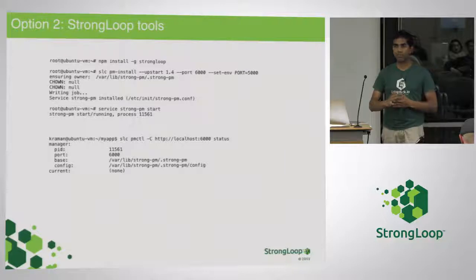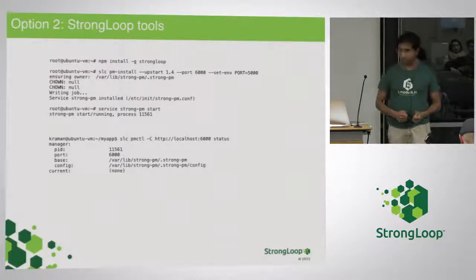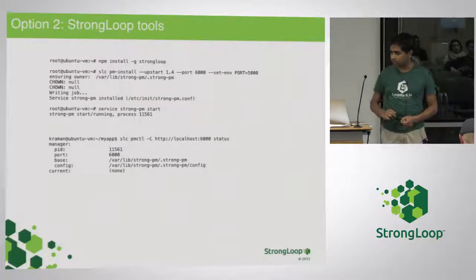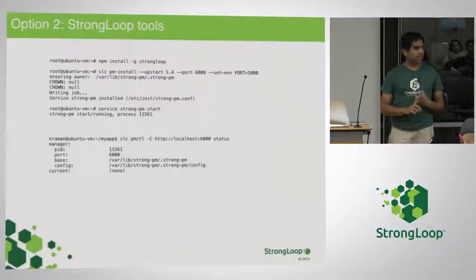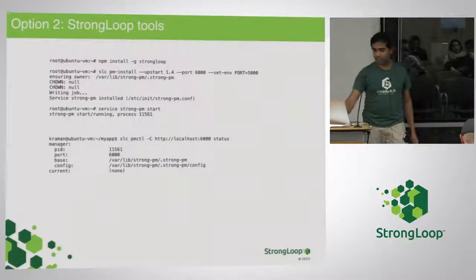So StrongLoop provides the same sort of PM tools, and to install StrongLoop, you just go npm install strongloop, -g, of course. And there is a tool called StrongLoop PM, and StrongLoop PM is similar to PM2 in this case. It does similar things. It lets you run your application both locally and remotely. But the cool thing here is,